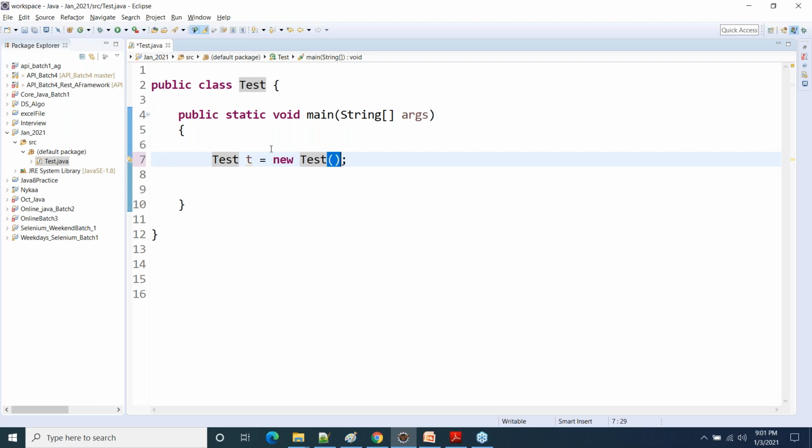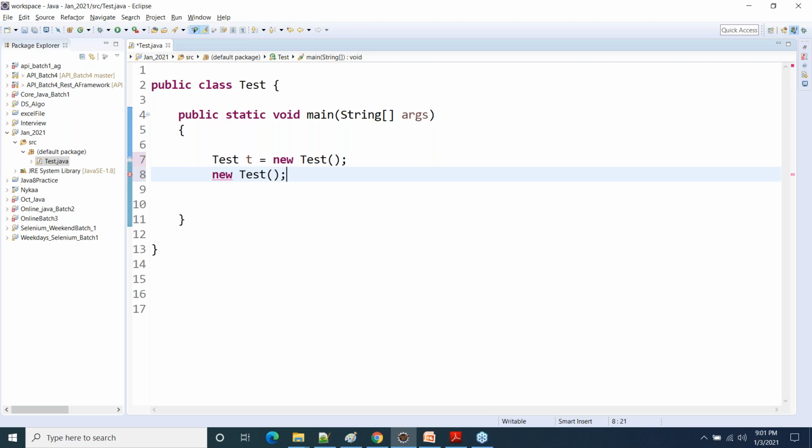This is the syntax. If I want one more object for the same class, I also have to use the same class name? The class is the same, and you are creating one more object for the same class, so again you have to say new Test. Okay. Got it.